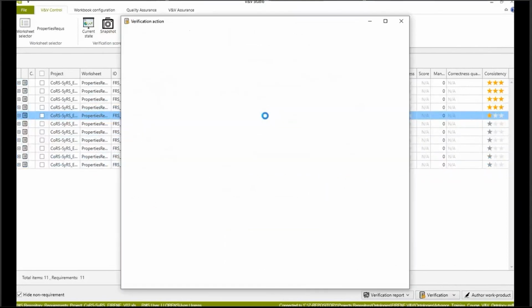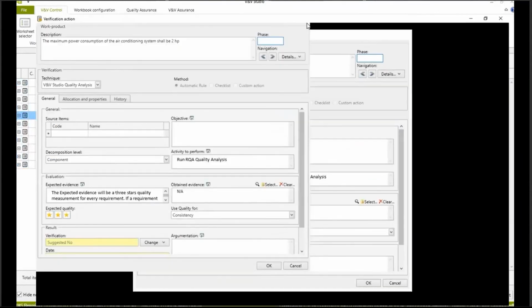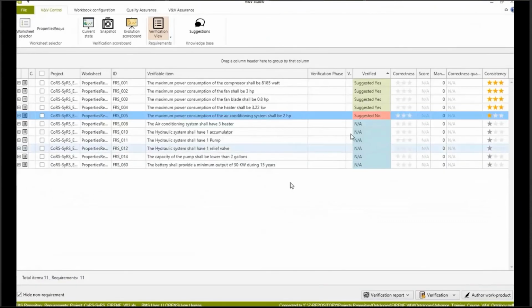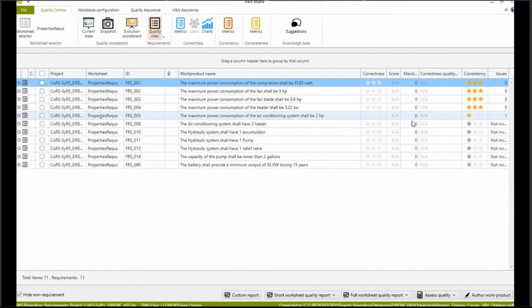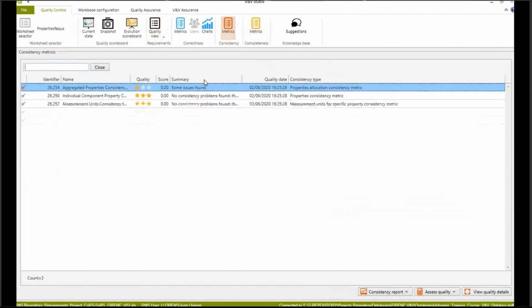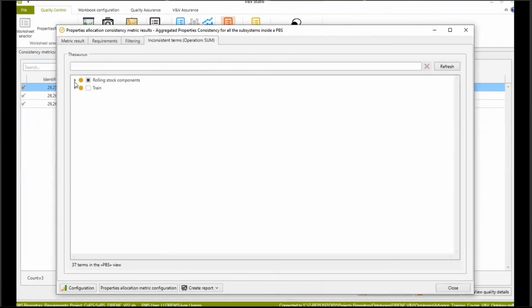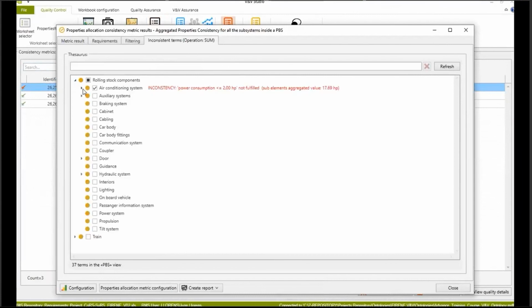And if we go and see the reason why, it is because there's evidence that the total consumption of all the different parts goes beyond 2 HP, which is the one expected in the requirement for the system. It is moving quite a lot of windows, but you have the video to go back and forth to see it. Here we have the breakdown structure we're working with, and you can see